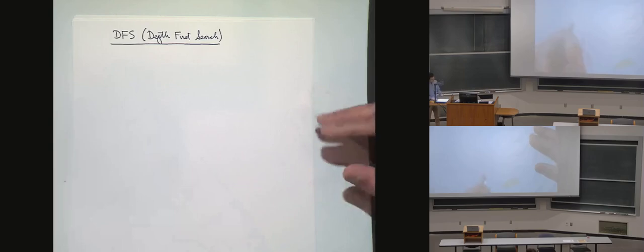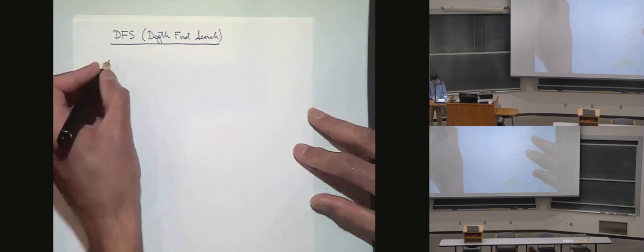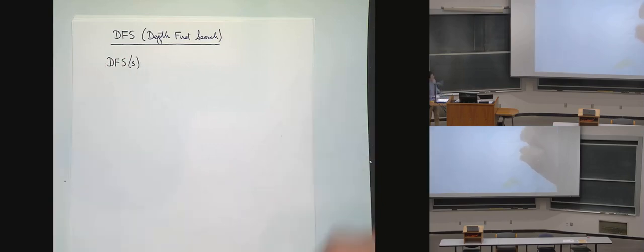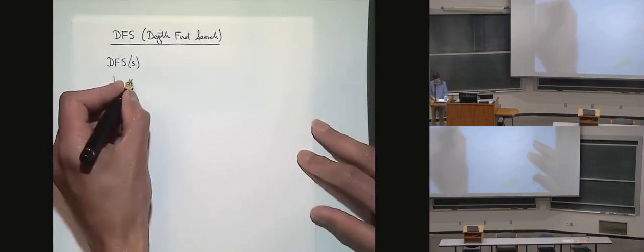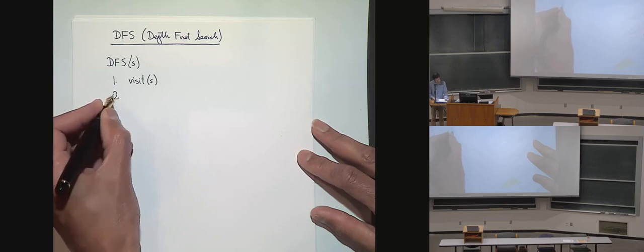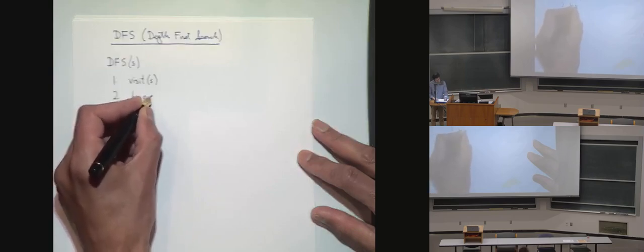So, DFS is actually even simpler than BFS in some ways, but you'll see that in other ways it's actually more complex. So, a very high-level picture of DFS. Now, I'll write out more specific pseudocode soon, but it's pretty simple. It just says visit S, and then for every